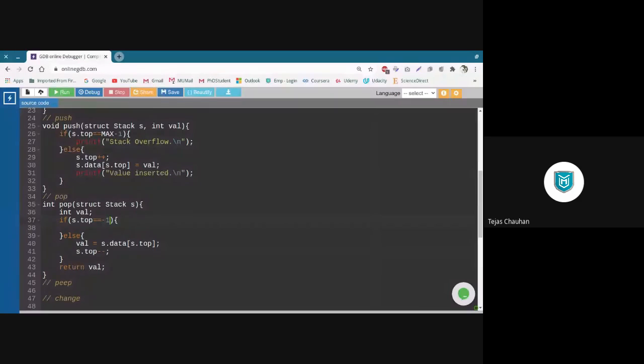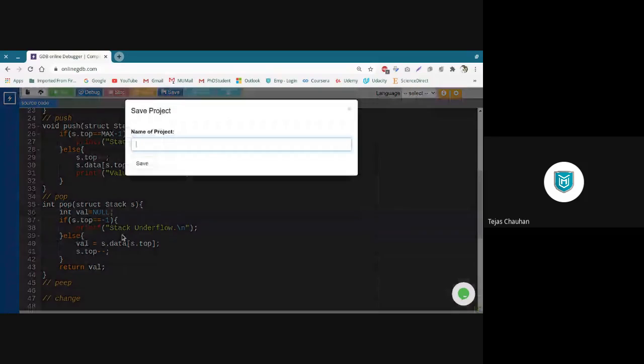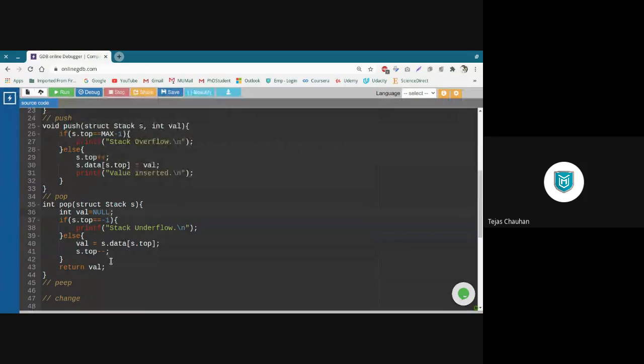And we can give a proper feedback message, stack underflow. So this is going to check whether your stack is empty or not. If it is not empty, then we'll take that value and return it. Initially, it can be a garbage value, so just to be on the safer side, I'm going to initialize it with null. If you are not initializing it with null, then it's okay, you'll have some garbage value in return.